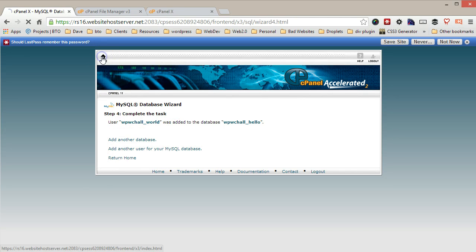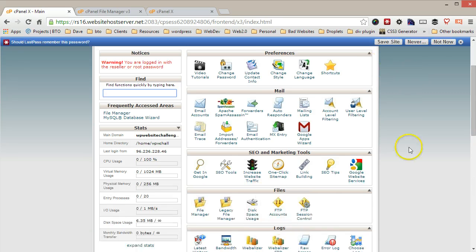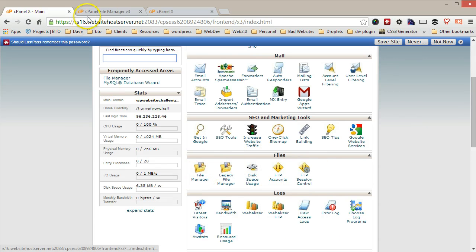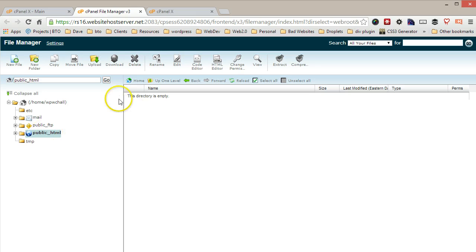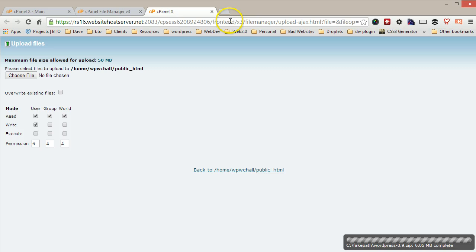So we're going to click up here to go back to the home page of the cPanel area. And the next thing we need to do is go into the File Manager, which I already have over here. And then we're going to go to Upload. And you need to